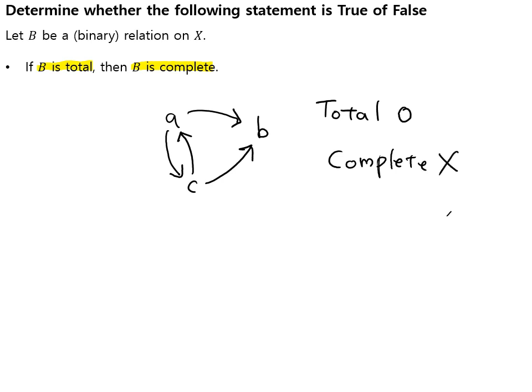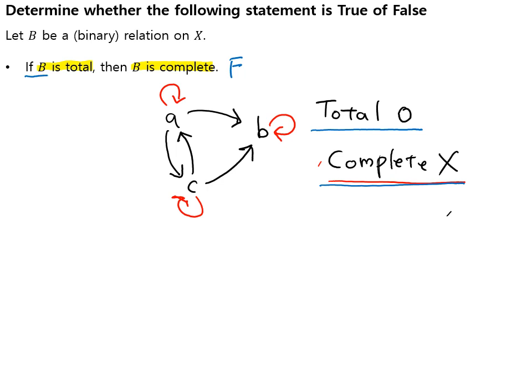And the reason why that is so is that, as I have explained in the previous slide, the fact that a binary relation is complete implies that it is reflexive, meaning that in order for it to be complete, we would need these arrows that are pointing towards itself for each of the elements. Okay, so since this is an example that shows that there could be a binary relation that is total, but that is not complete, this implication is